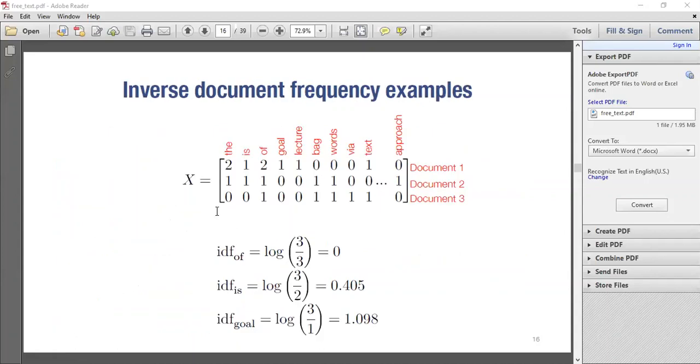Now, what we're trying to do here is, okay, let's look at it this way. This matrix is basically the term frequency up here.